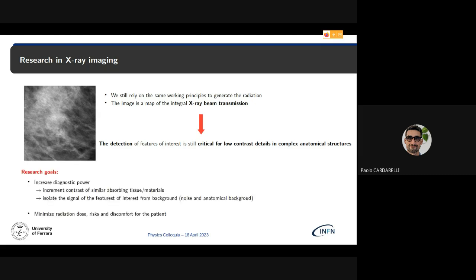So what are the goals of the research and what do we want to move on from this? The idea is that we need to increase the diagnostic power, and somehow act on the signal-to-noise ratio of the structure. In order to act on the signal-to-noise ratio, we can either increase the signal or try to reduce the noise. And the approach is that all the effort goes into trying to increment the contrast of,